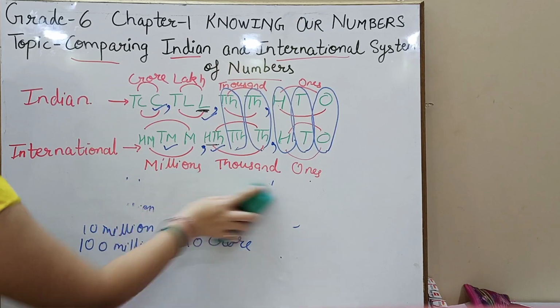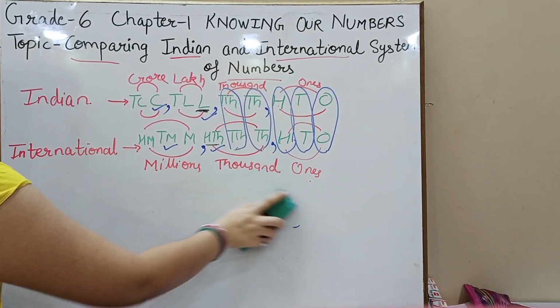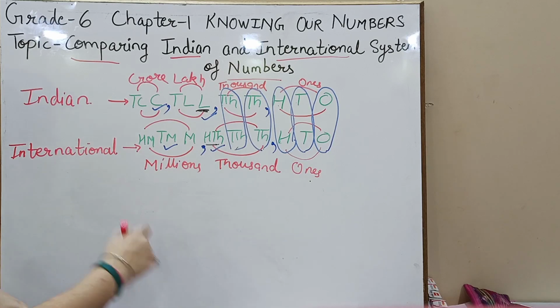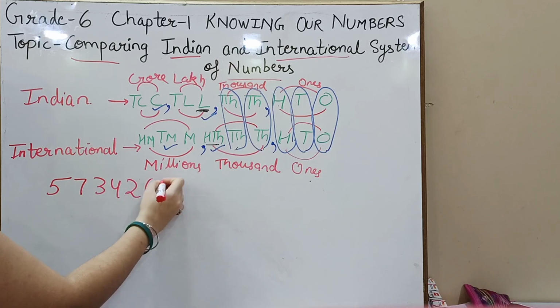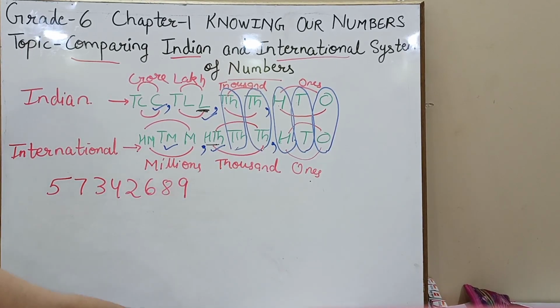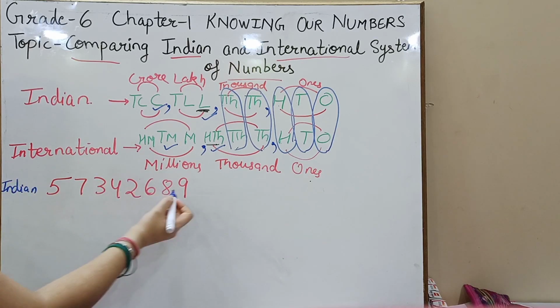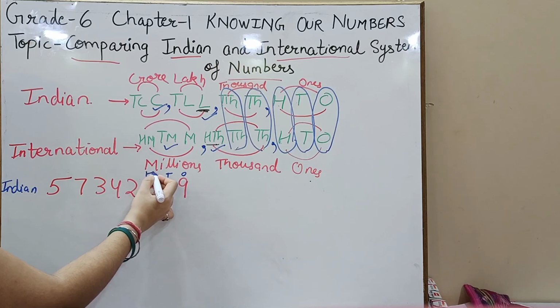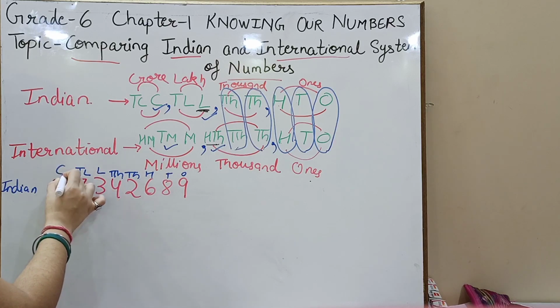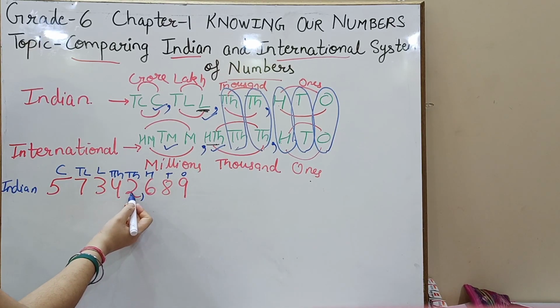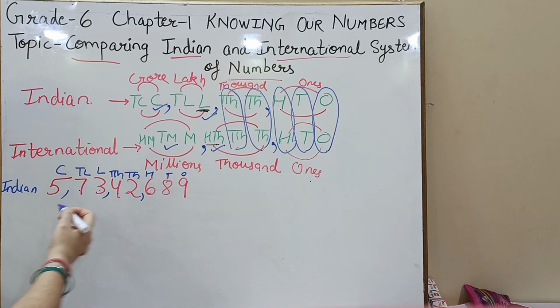Now one more thing that I need to tell you regarding the numbers using both the systems. If I tell you write down the number name of this given number, first step is to put down the place values. If I tell you write down an Indian system number, Indian numeration, so you are going to write it in this way. You are going to put the place values ones, tens, 100, 1000, 10,000, lakh, 10 lakh, crore. As you can see, ones, tens, 100, comma, 1000, 10,000, comma, lakh, 10 lakh, comma, and crore.